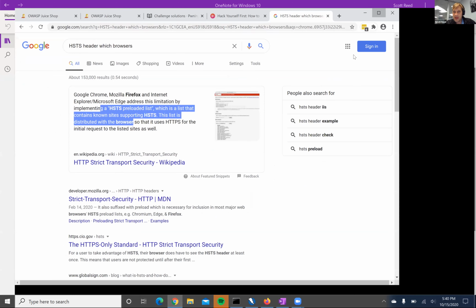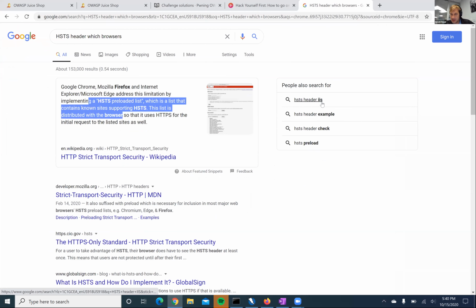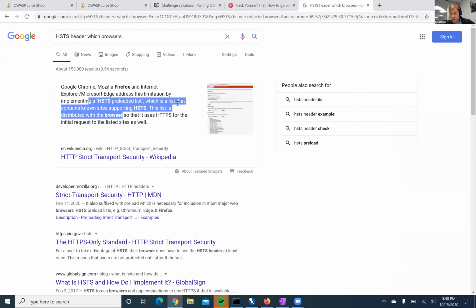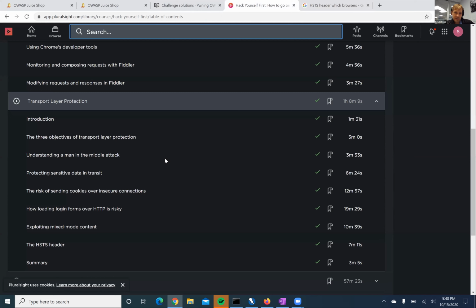I wanted to make sure because he talked about how at the time it was an Internet Explorer only header, or only Internet Explorer honored the header, I should say. But now it looks like all of the browsers honor it. So that's good. Again, another example of the tools progressing along with the hacking, along with the threats.